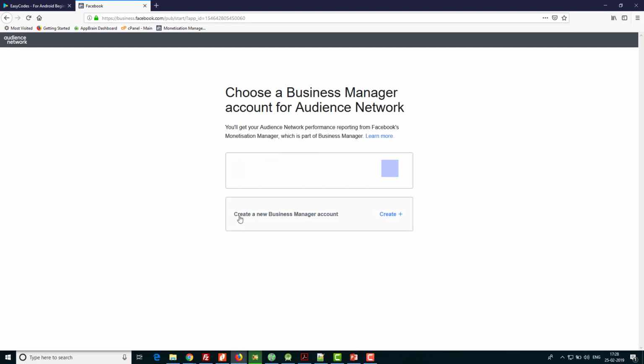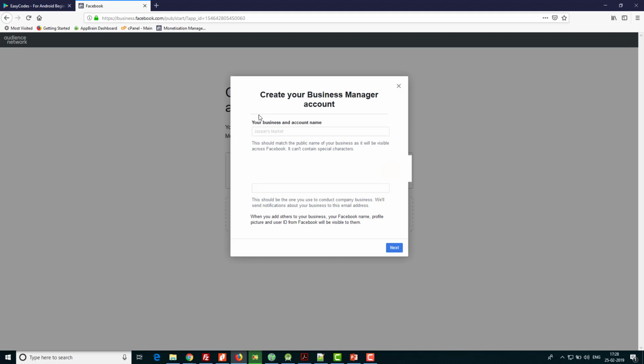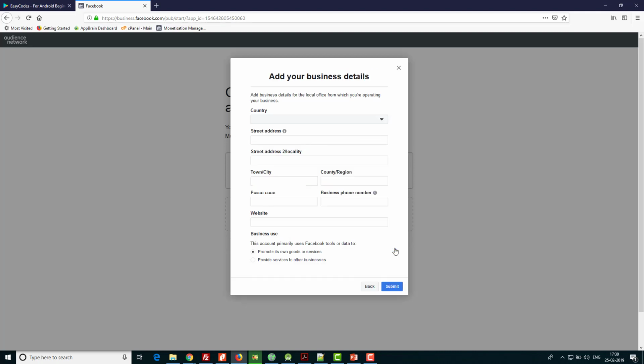You will get an option to create a new business manager account. Just create it. In my case, I'm adding Karthik. After entering the details, click on next.